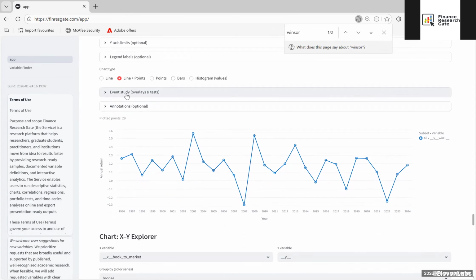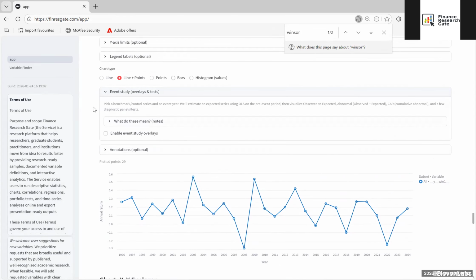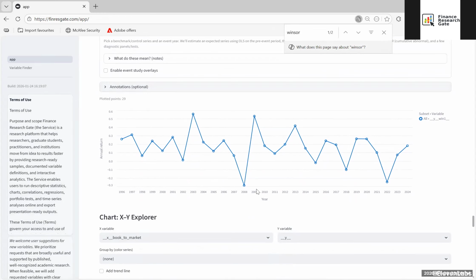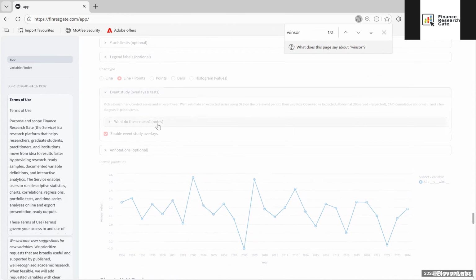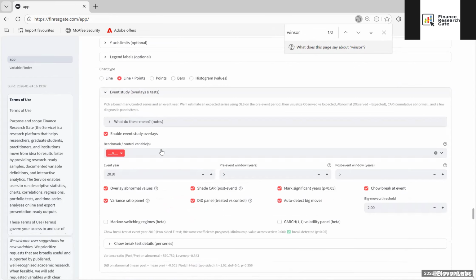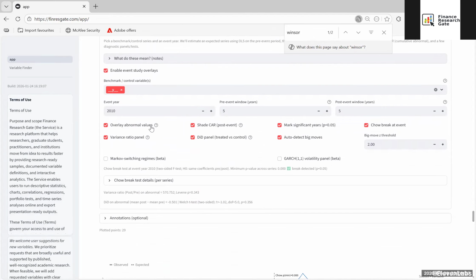And now, let's move on to conducting the event study. In the event study, we are going to examine the effect of the event on the annual market return. So let's enable this. Now the control variables, these are the independent X variables that we will be utilizing to calculate the predicted annual